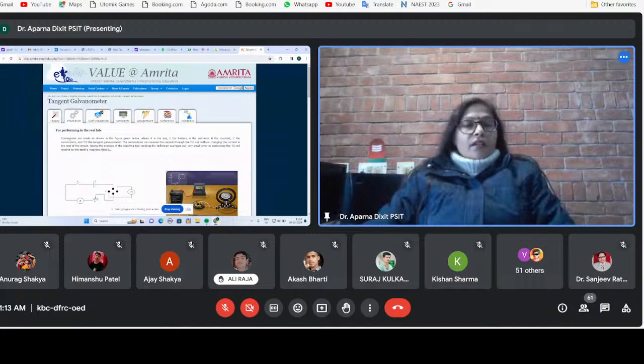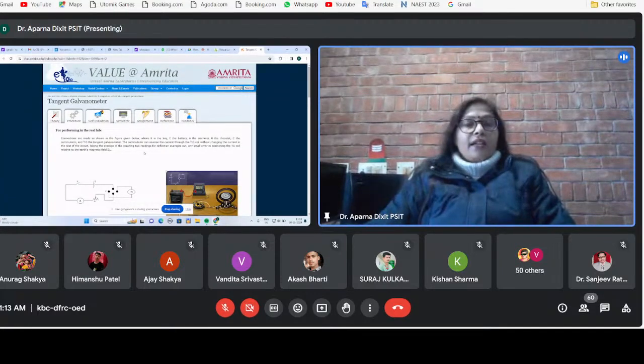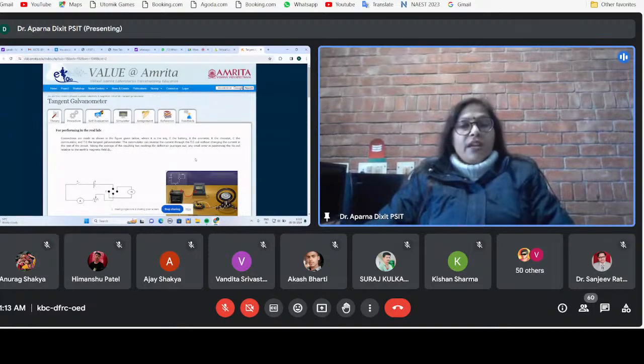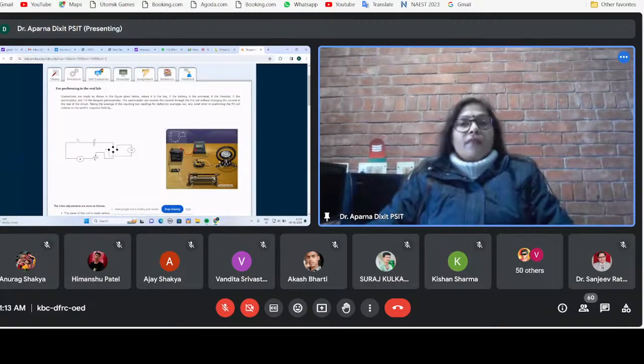So these are basically the major applications. Now, when you go through the real lab, in our physical lab, we can see the connections made in this way. E is the battery, A the ammeter, R the rheostat, C the commutator, and the tangent galvanometer. With the help of the commutator we can change the direction of current. We can make the current flow in one direction as well as the opposite direction, that is, the reverse current. Okay. So